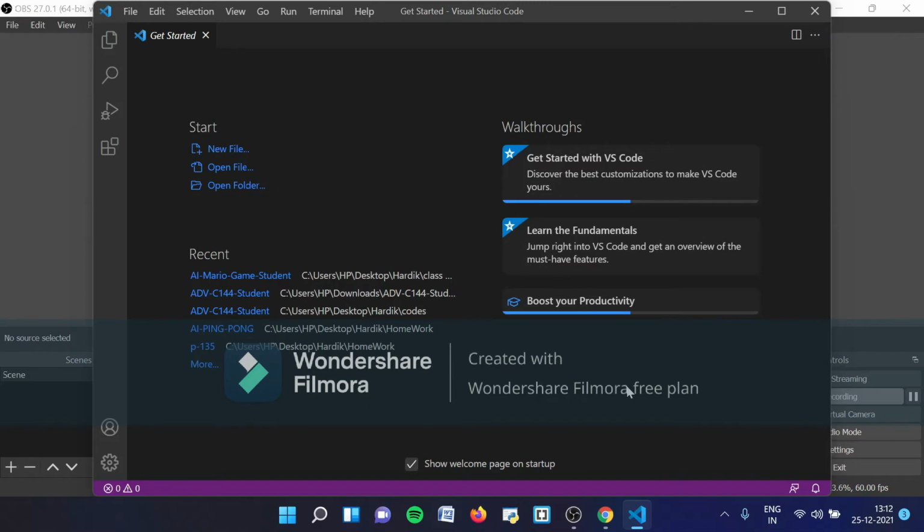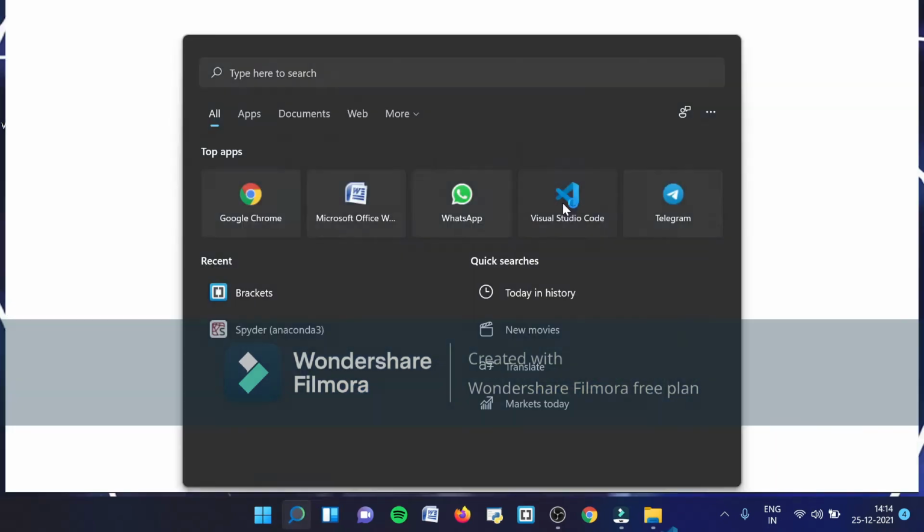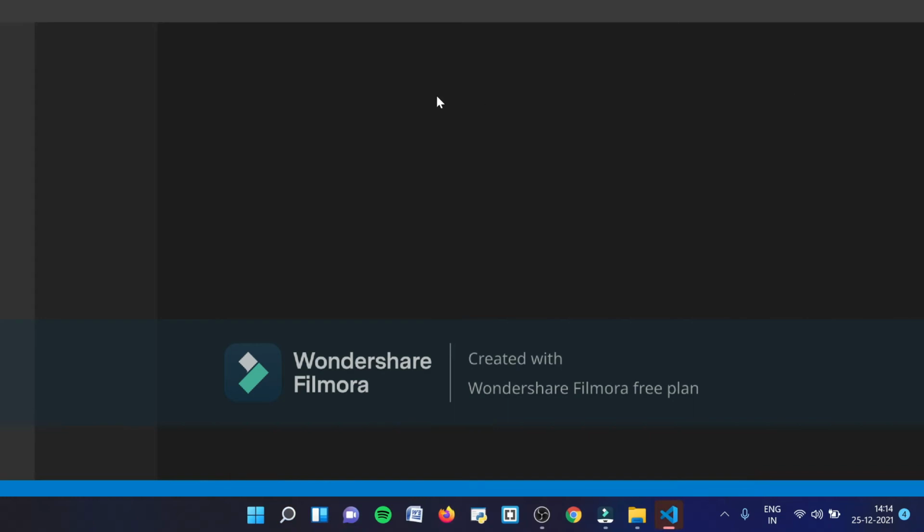Now we will see how to code in Visual Studio. So let's get straight into it. To code in Visual Studio, first you have to make a folder. Then you have to open Visual Studio. After you have opened Visual Studio,